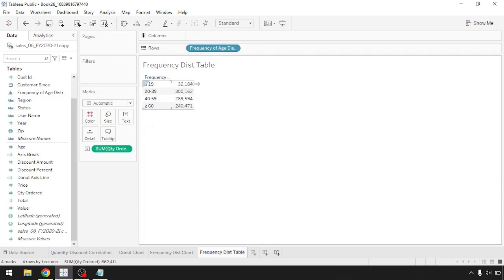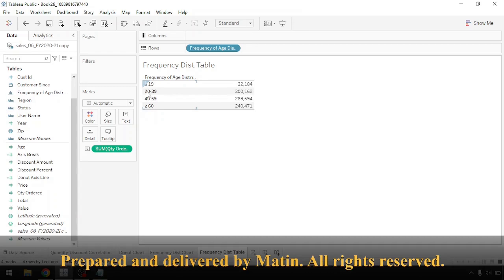You now have your frequency distribution table, which again, the orders that were put in by people of 19 years old or below is 32,184. The orders that were put in by customers whose age range between 20 years old and 39 is